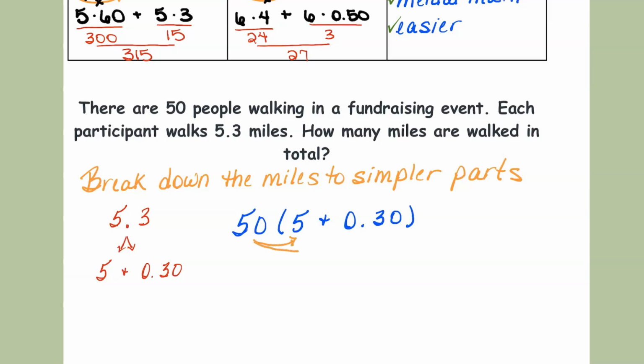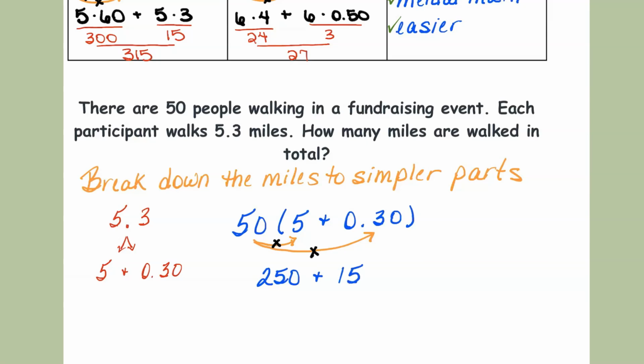And I like to show my multiplication with arrows. So when you draw the arrows on there, that's the same thing as saying that you are multiplying. So let's write this one all the way out. 5 times 50 plus 5 times essentially 0.3 or 3/10 would give me